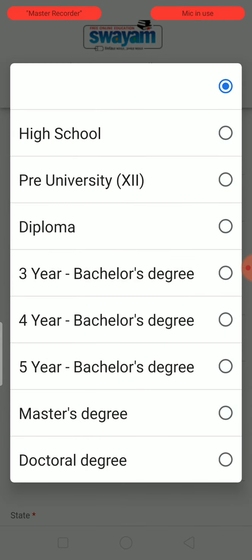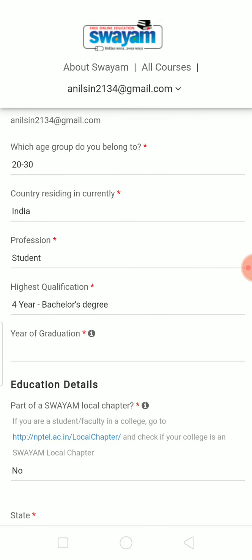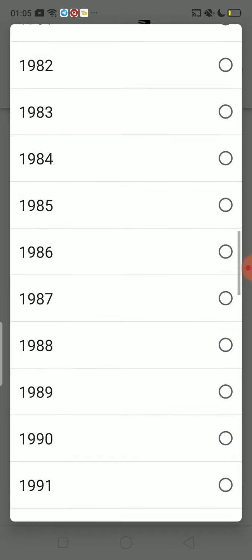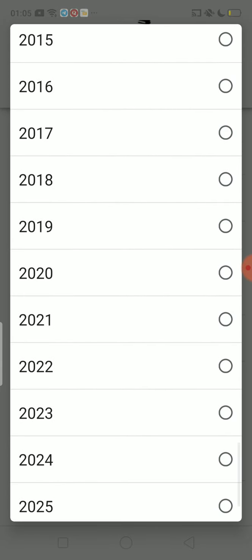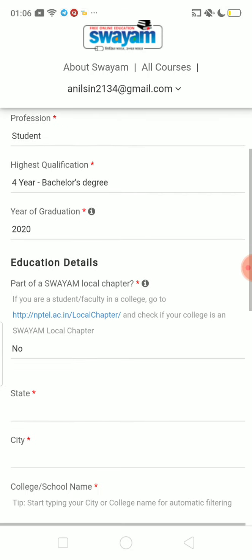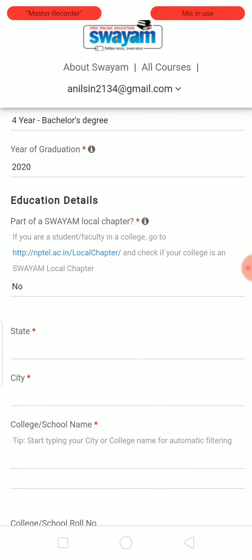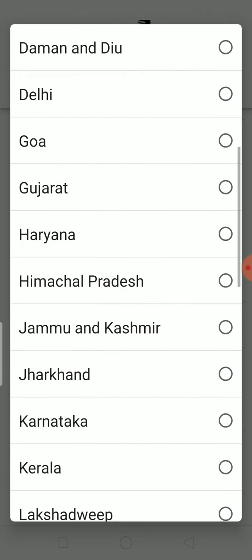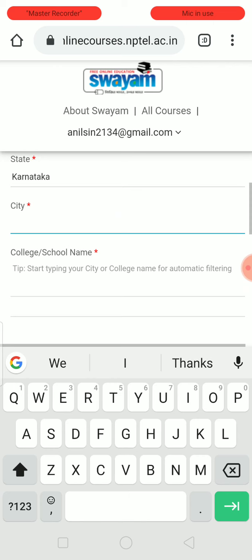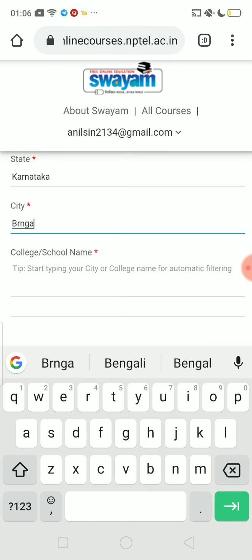Highest qualification, 4-year bachelor's degree. Year of graduation, it starts from 1950. Okay, great. So let's say I take 2020 as my year of graduation. Are you part of a SWAYAM local chapter? No. Entering my state, I'm in Karnataka. Then I enter my city here.